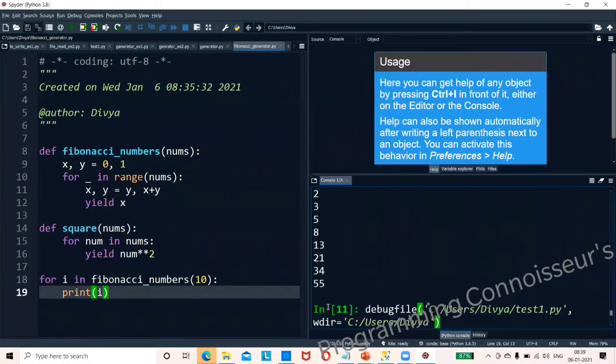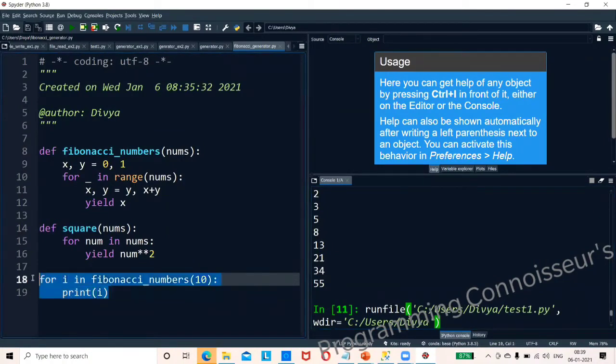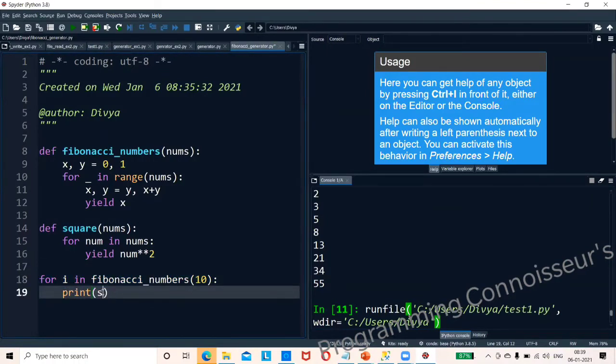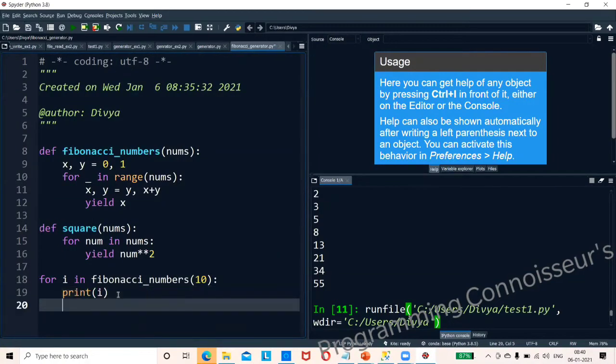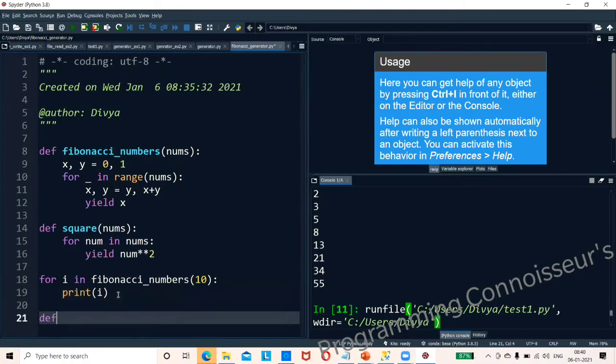So now for every number, what you are doing is trying to, or we can do the square of 1. We will do the square of nums.